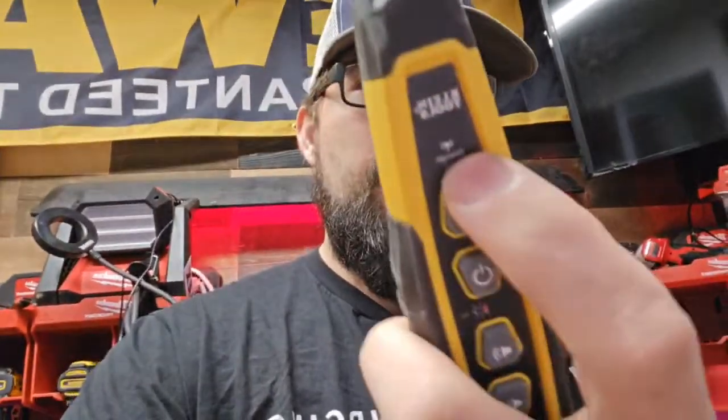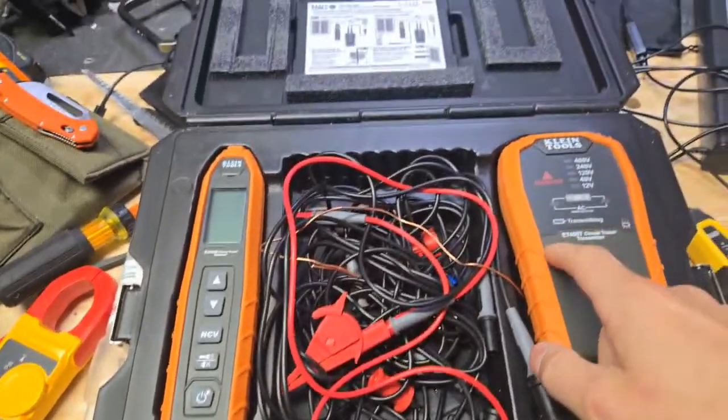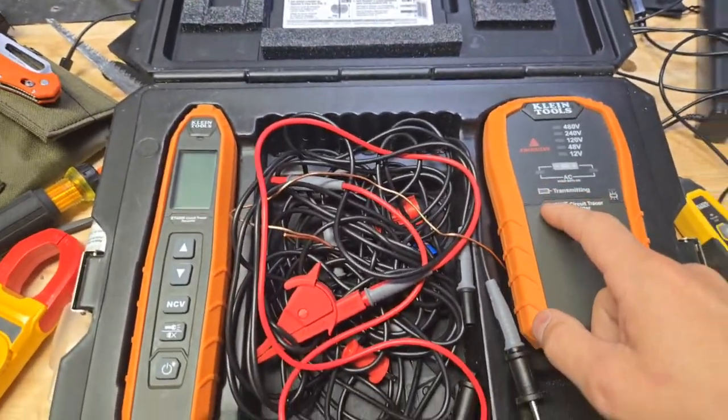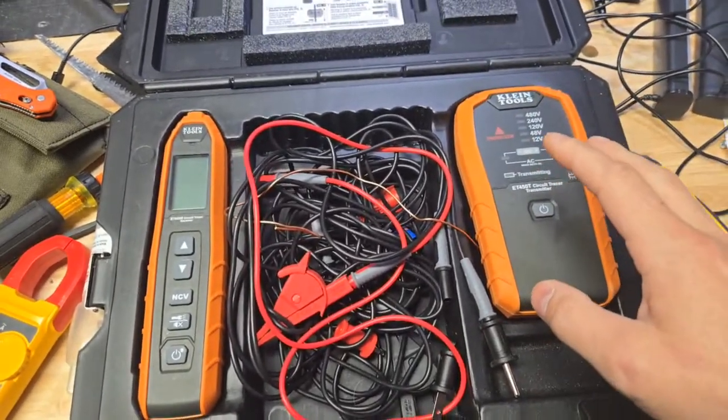Now, I've talked about this before. I don't care what toner you buy. Make sure that it has the sensitivity light right here. And yeah, we're going to show you how to use this circuit tracer, which is just like the Ideals. I've used all the Ideals. I've used all this stuff before live,